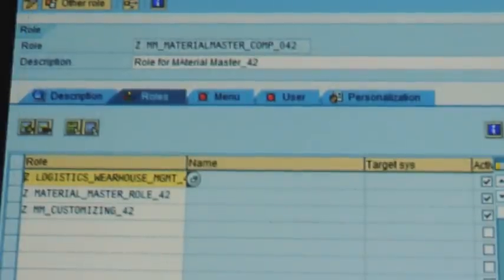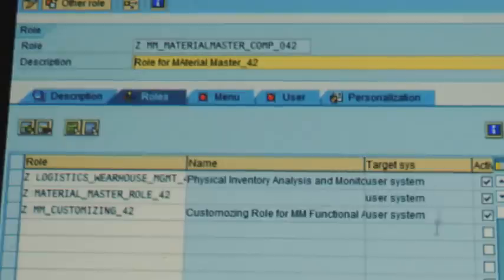So they're all here as I selected from the list, and when I enter, the name and the target system is going to be picked up here. Save it,